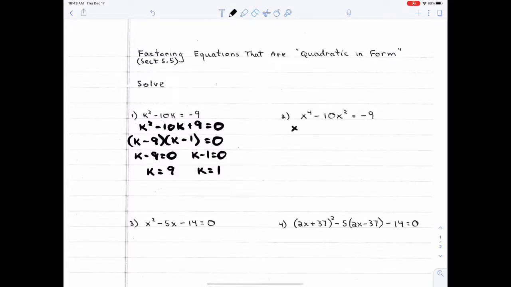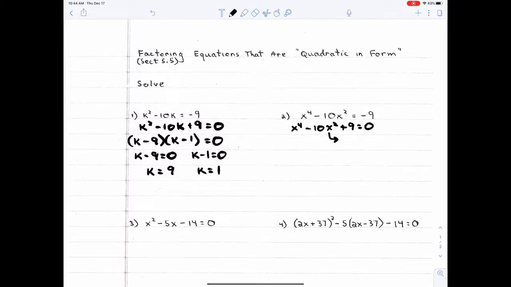First of all, they set it equal to 0. Okay, now notice, this is the square of that. X to the fourth is the square of x squared. If I square x squared, I get x to the fourth. Well, what you're going to do, and you don't have to do it this way, by the way, I really don't care for this myself, but that's okay. Either one's fine. Take the 1